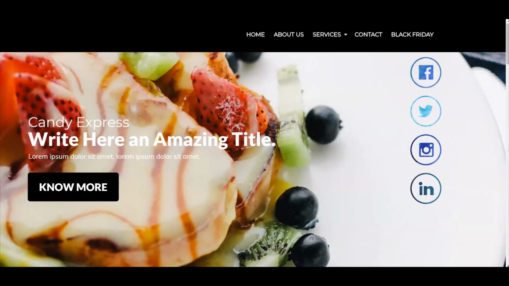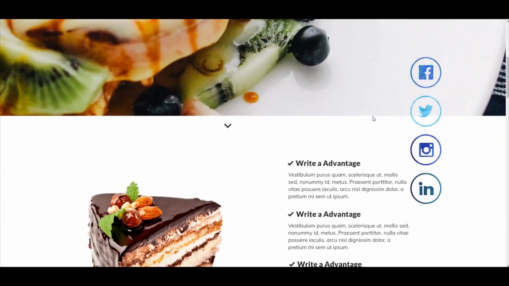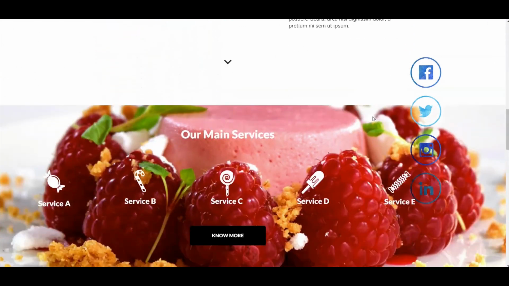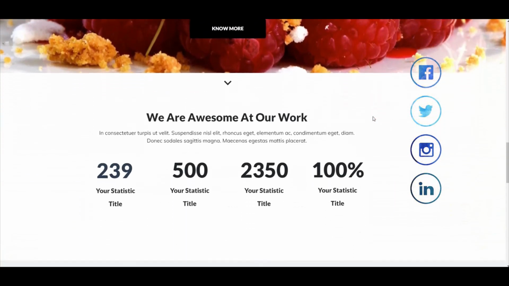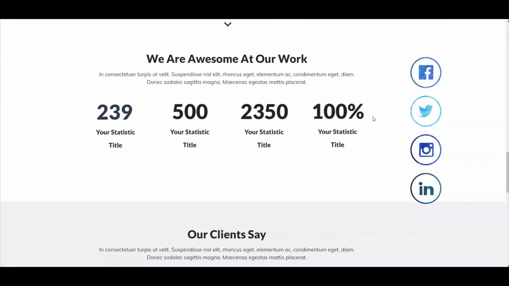And here you go. Let's refresh the page. And as I scroll down, it scrolls down with me. And that's how you configure the social bar element